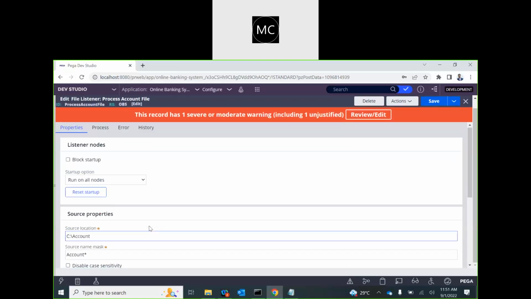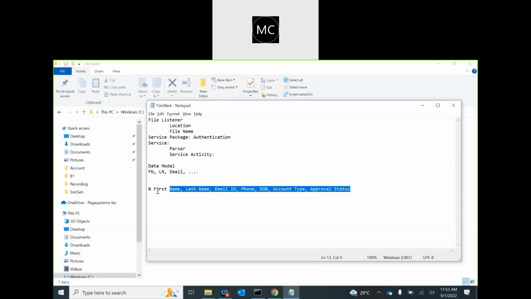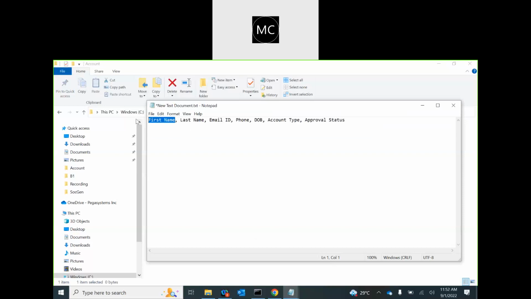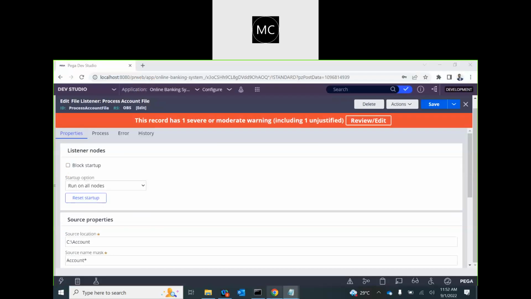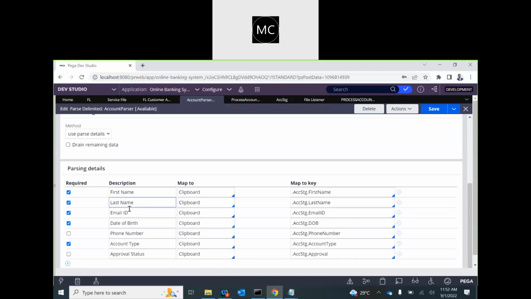Okay, now on the account, let's create a few files. So I will create a test file, text document. Okay, and I'll maintain the data here, and then we will keep on making a copy of this one to test it. Okay, so these are the information we need, right? So let's say Rahul. Okay, it should be in the same order as we mentioned there in the parser. Okay, so first name, last name, and then email,